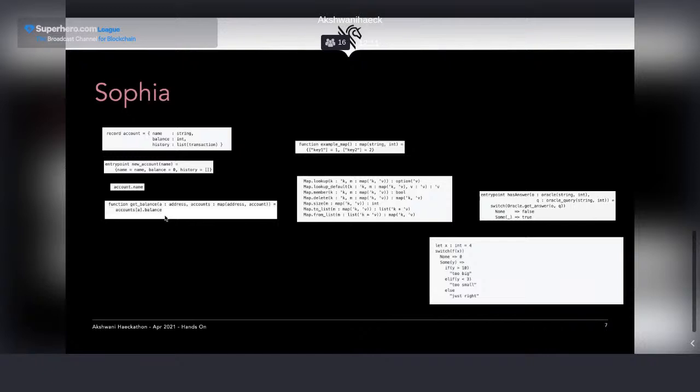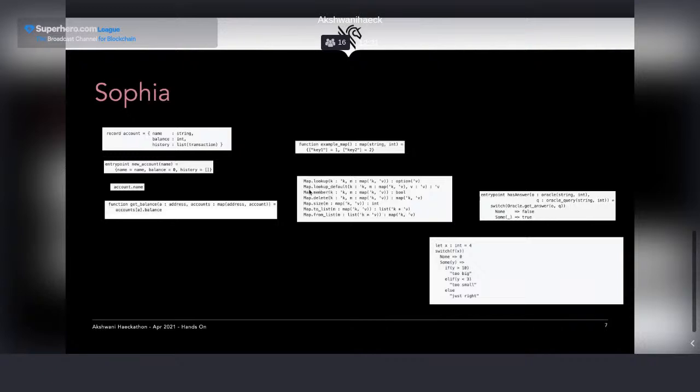If there is something I need to do that is not available out of the box, probably you will be using some libraries. There are some libraries that come in the box, like the map, like the list, but there are others I can import. But let's keep it simple for today.